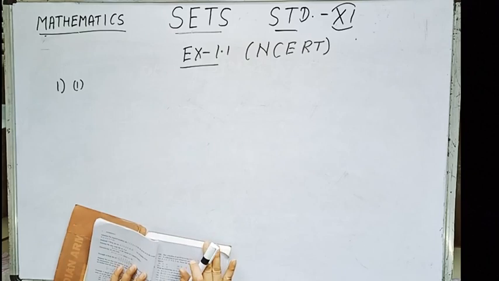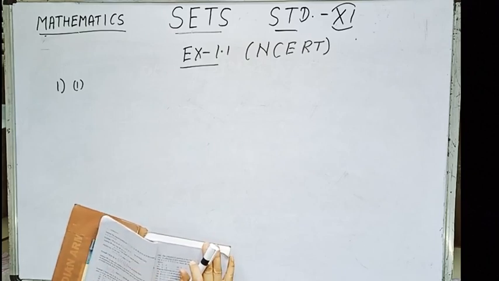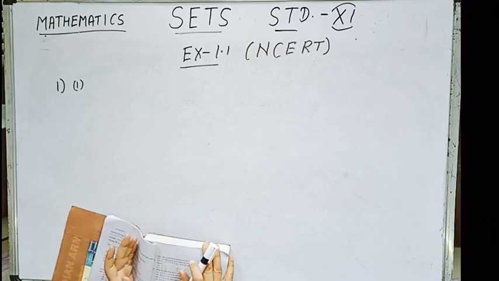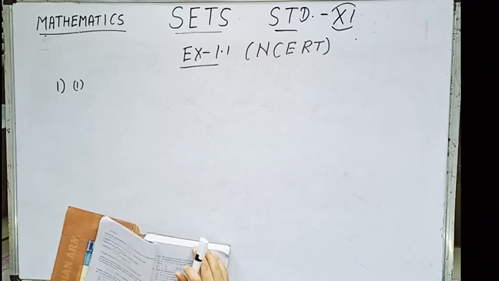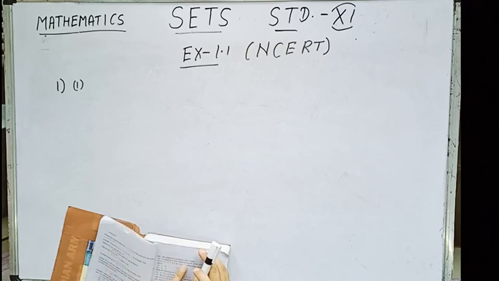Next, number 8 is the collection of all questions in this chapter. This also is well defined. We can say how many questions are there if we count it, so it is well defined, so it is a set. Number 9, the collection of most dangerous animal of the world. Obviously again the word most dangerous is added over here, the adjective most added, so we can say that this is not well defined, and so it is not a set.